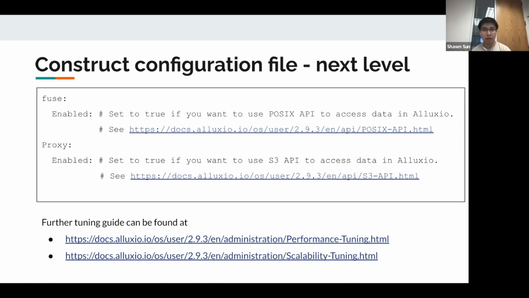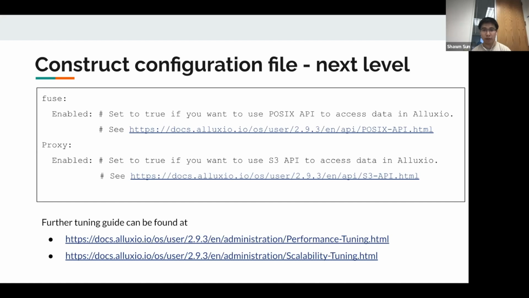We also have two more special clients. The first one is Fuse. Fuse exposes Alexio storage as a POSIX API. What POSIX API is, put in a common way, is that you can access the Alexio file system just as you would your local machine. So you don't have to write Java code or other code to access Alexio data.